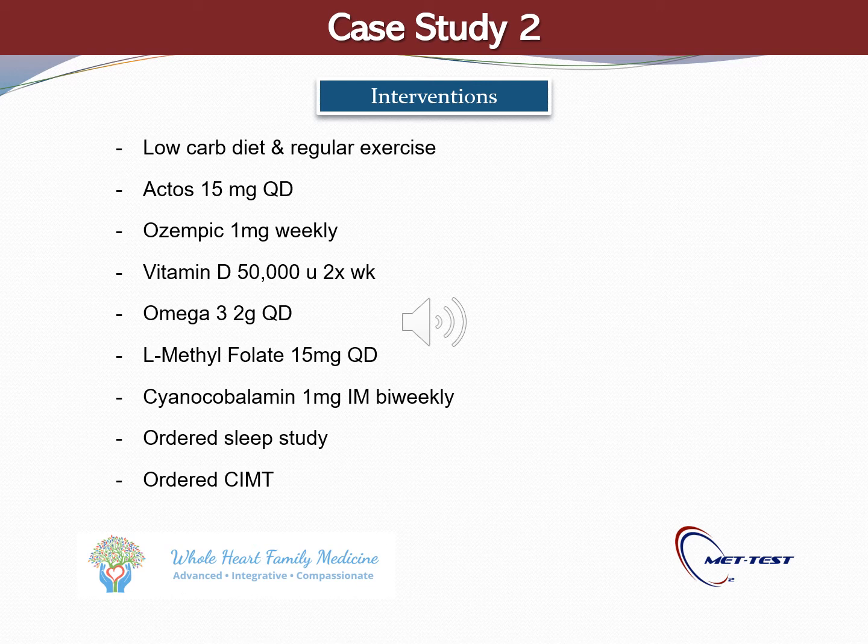The patient had recently started meeting with a trainer a few times a week, so I just encouraged her to keep this up. But I also started her on 15 milligrams of Actos and 1 milligram weekly of Ozempic to help not just with blood sugars, but with appetite control and to help her have some success with her lifestyle changes. I started her on prescription vitamin D, 50,000 units twice a week because her levels were really low,